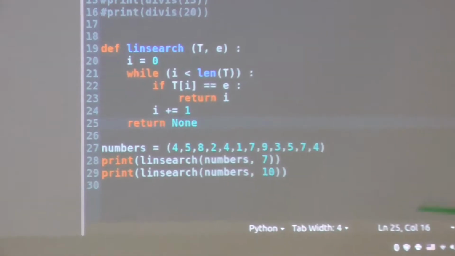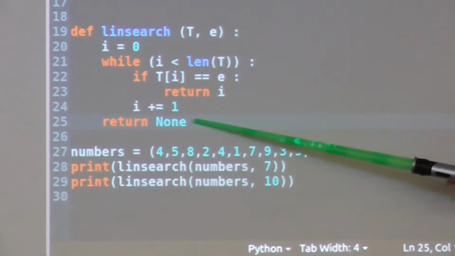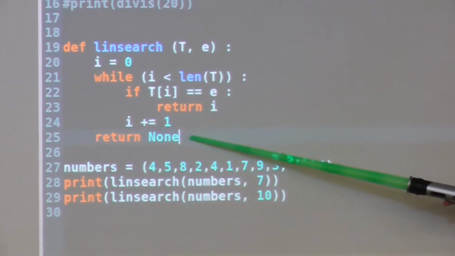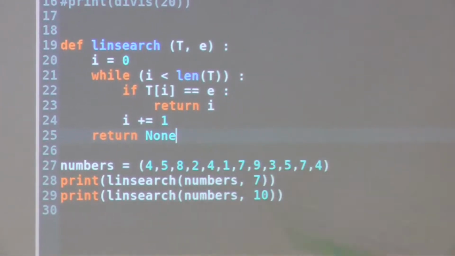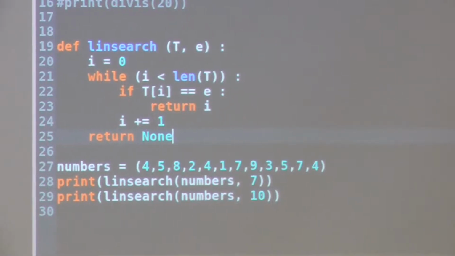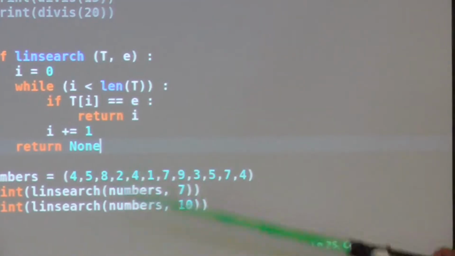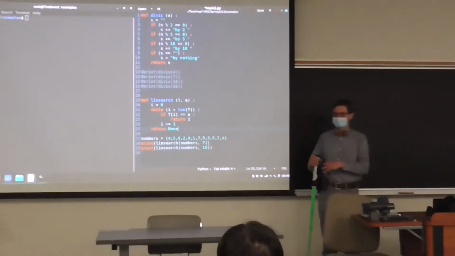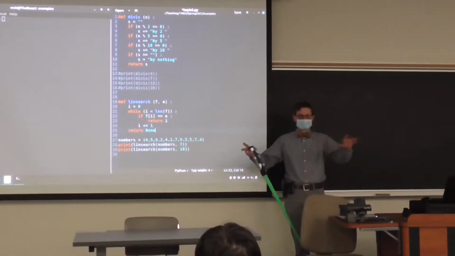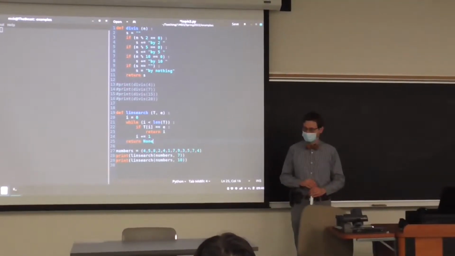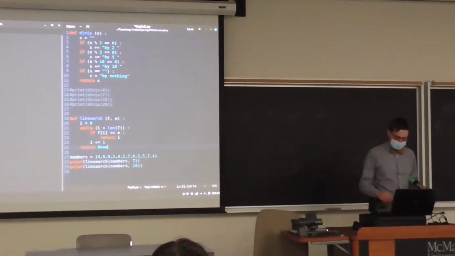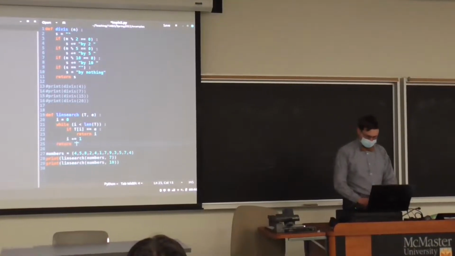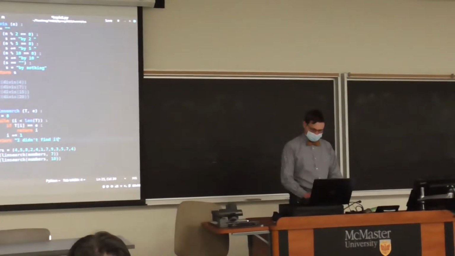So you see how None has been highlighted? It's because it's a keyword in Python. In the same way that True and False are keywords in Python, None is also a keyword. It designates a type that has no elements except None, which is like a null or doesn't-matter or don't-care value, right? However, we may want to return something more interesting here, so let's return, "I didn't find it,"